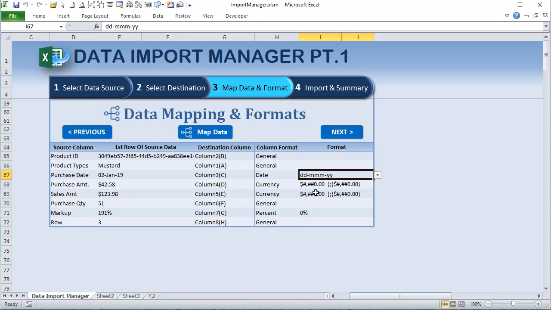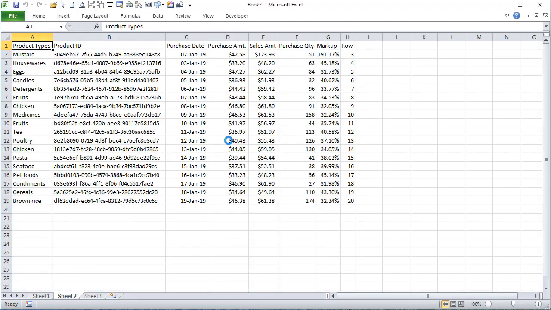So we can change the formats automatically, and maybe we want the markup to show decimals, so we can change that as well. All we need to do is change the order and the format of our destination. That's pretty much it. And then we just move over here and click run import,